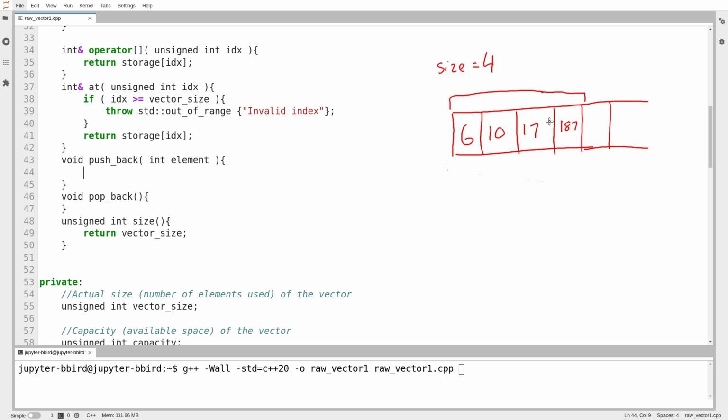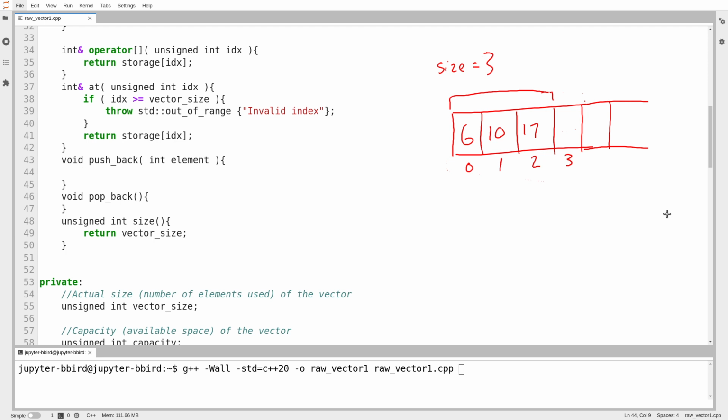So what I do is I go looking, let's rewind a bit. I go looking for what is the first index, or what's the first empty index. So currently my vector has size 3, and notice how that means the first blank index after the contents of the vector is index 3. In general, if my size has a particular value, that is also going to be the index of the first